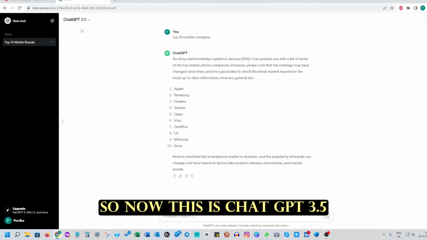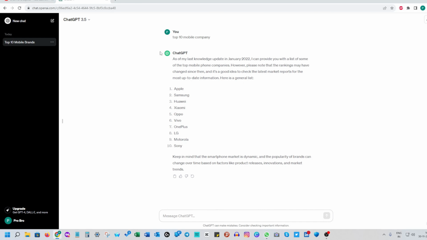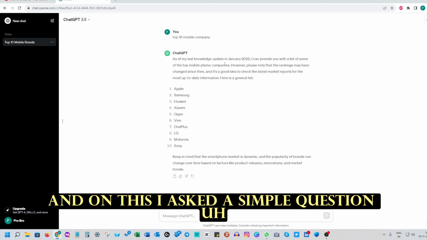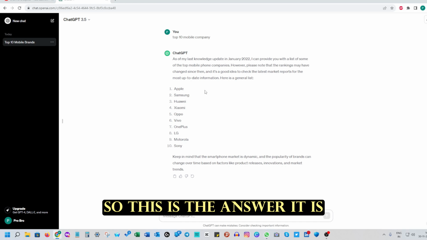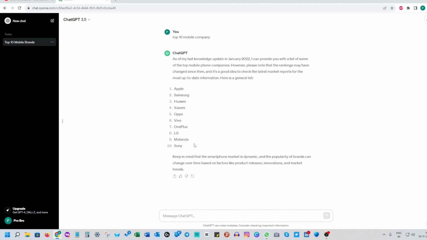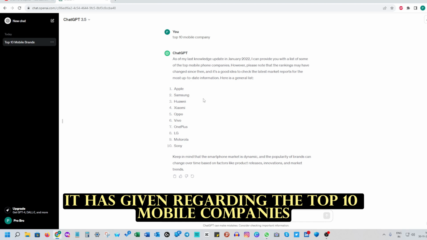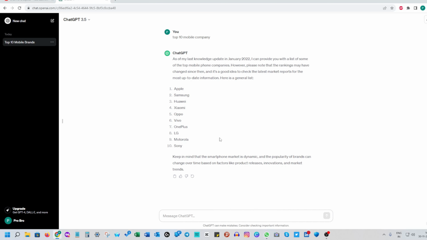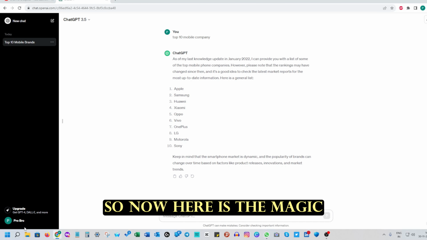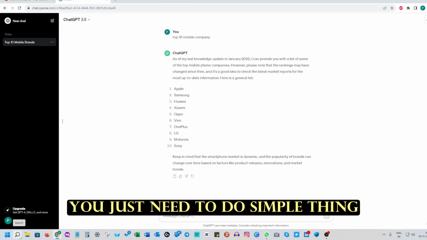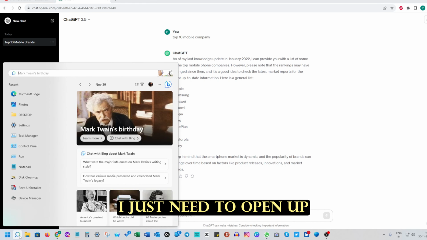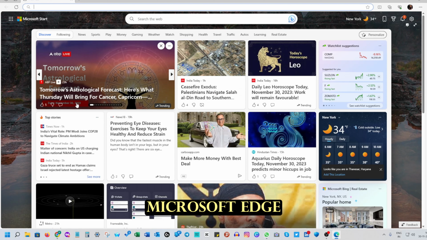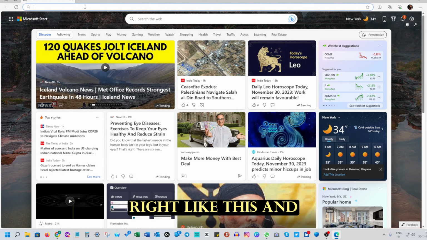So now this is Chat GPT 3.5, and on this I asked a simple question. It is not updated, so this is the answer it has given regarding the top 10 mobile companies. So now here is the magic. What you need to do, you just need to do a simple thing. You just need to open up Microsoft Edge, right, like this, and